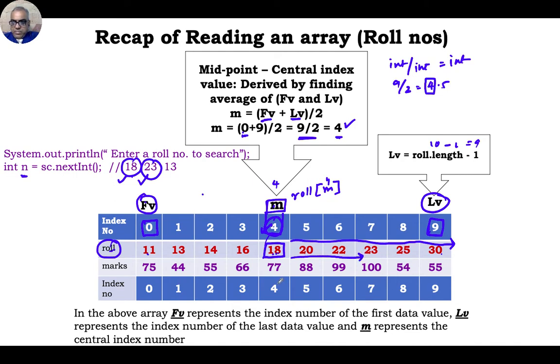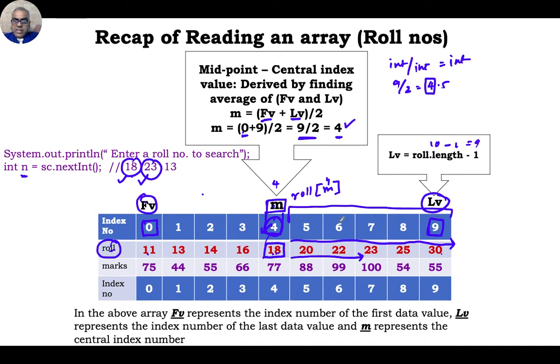On the right hand side, first logic. How do you go about it? We will see as and when we cross. But if you look at it this way, if my input value is greater than the central cell data value, I am leaving the entire first half and moving to the second half. So if you have 10 million data, in the first round straight 5 million data is out. Now you need to find the center of this data. We will see how to find it, don't worry.